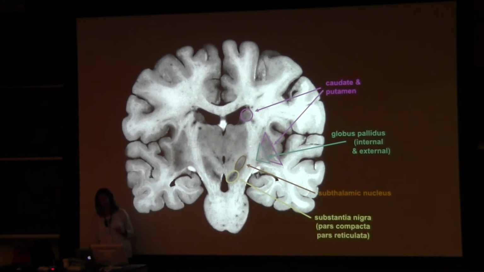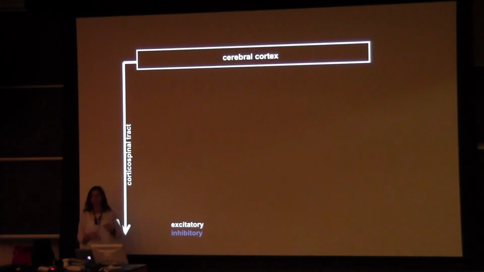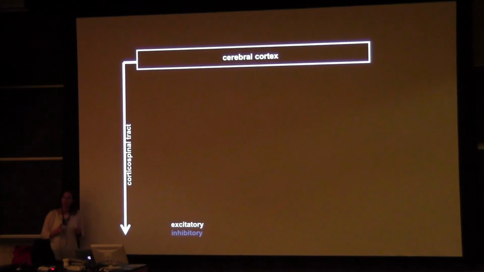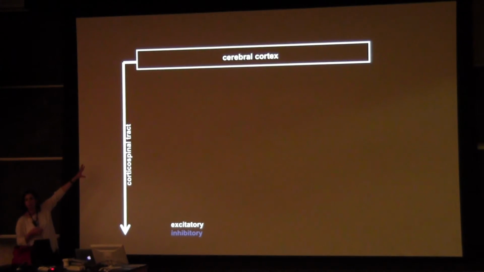Okay, now here's the wiring diagram. I think it's easier to think about the basal ganglia in terms of boxes, so that's what I'm doing for you today. So there's a big box at the top, that's cerebral cortex. And I'm going to think about that as motor cortex because I'm going to focus mostly on motor dysfunction in the basal ganglia today. So motor cortex projects down,